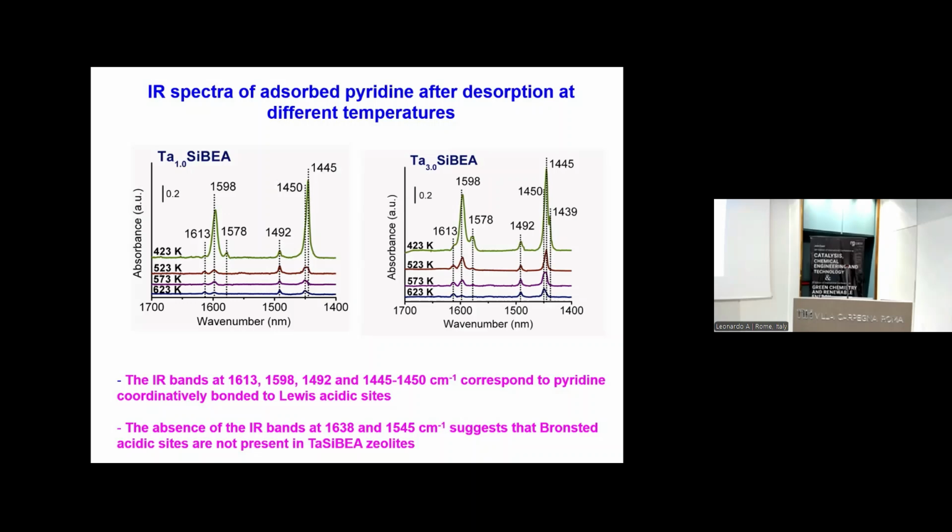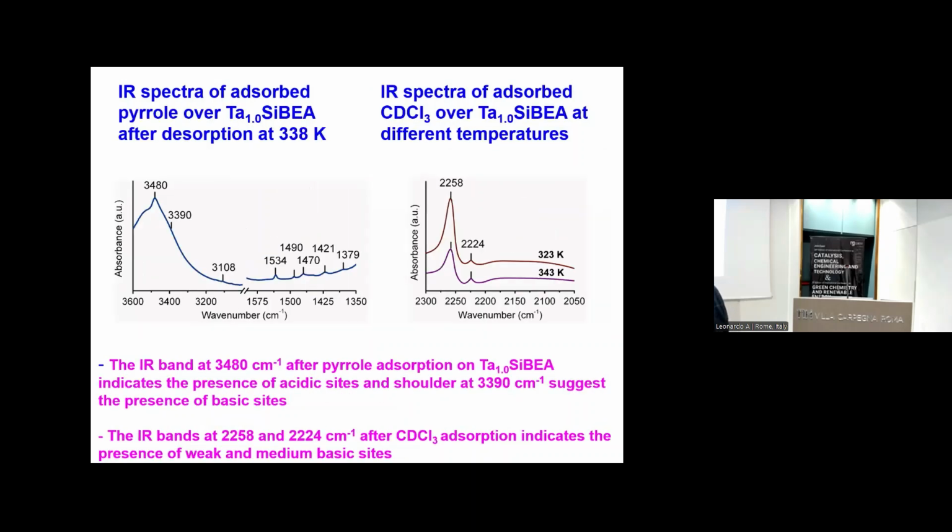In this case, we form Lewis acid sites in the zeolite. But also by adsorption of pyrrole and by adsorption of deuterated chloroform, we can distinguish that in this zeolite with tantalum, there are several kinds